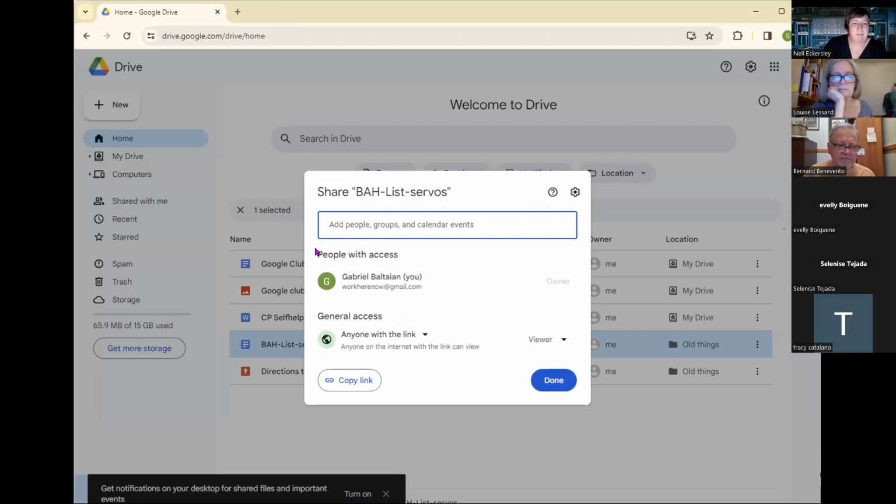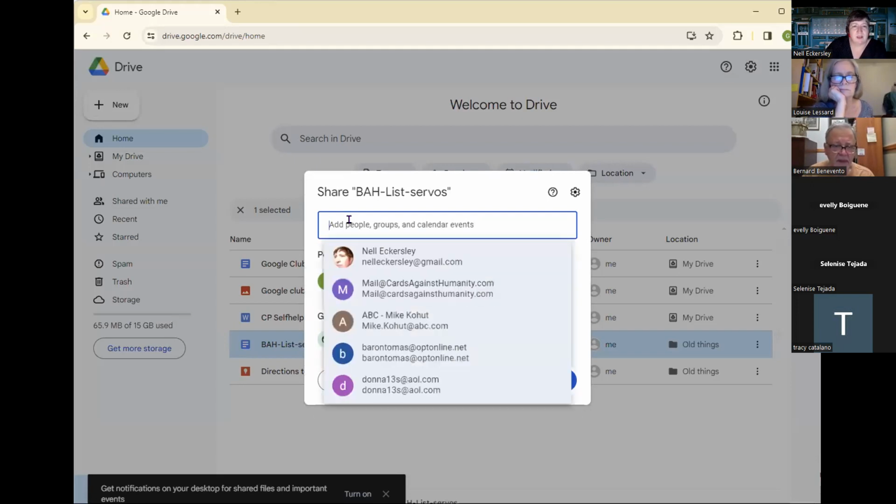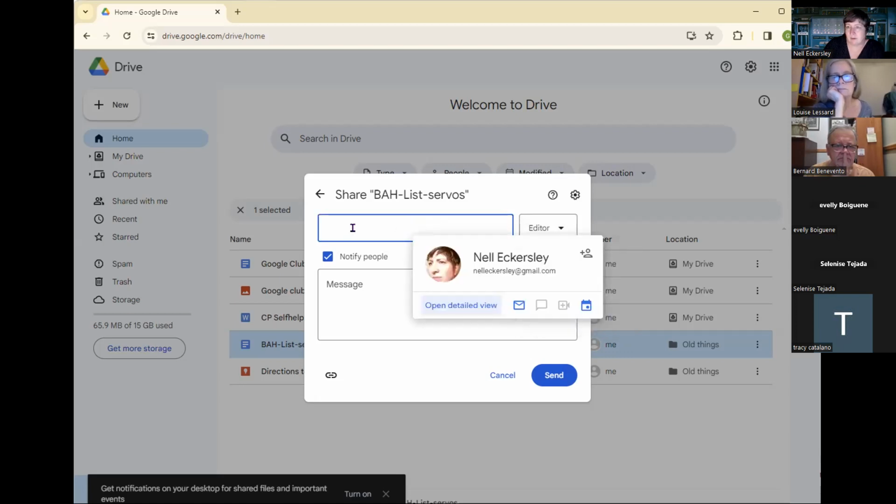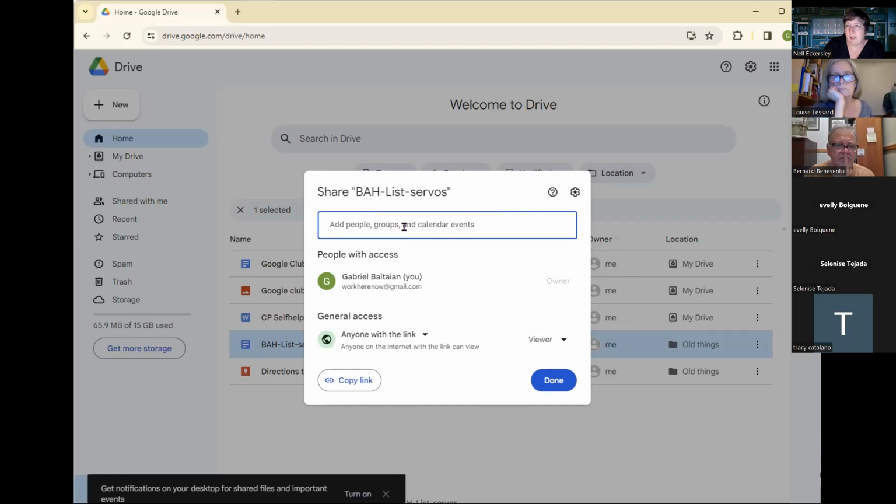Oh, yeah. There is a place where you can just go in and change ownership, but of course it's not going to show it to me. Let's see here. Well, even if you don't change the ownership, you can go here and you can invite your other self, right? So you would put in your new account here and you would share it with yourself.